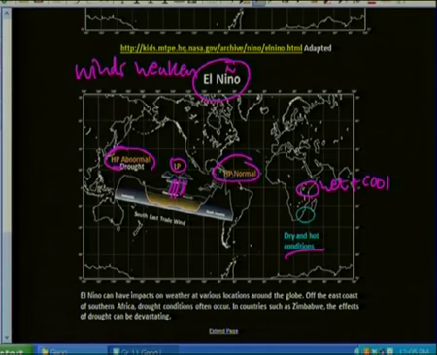And these places go into hot, dry, droughty conditions, whereas this poor upwelling here doesn't happen as effectively, and Peru goes into a little bit of an economic decline where their fisheries industry falls apart for a couple of years at a time. So these southeast trade winds are weakening for some reason, and the upwelling doesn't occur, and all the pressure belts are shifted out of their normal positions or localities, and things go haywire